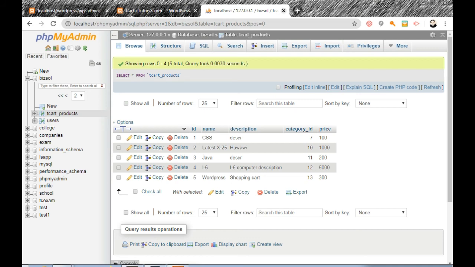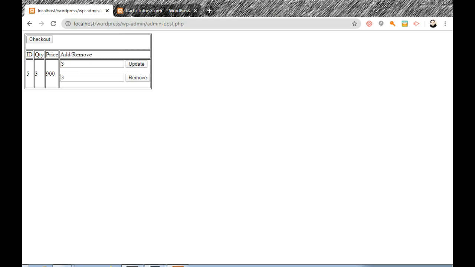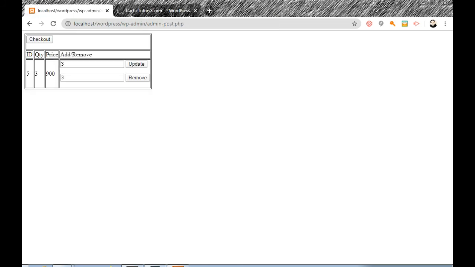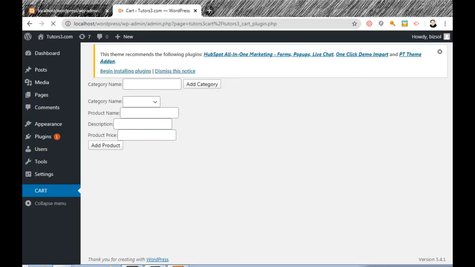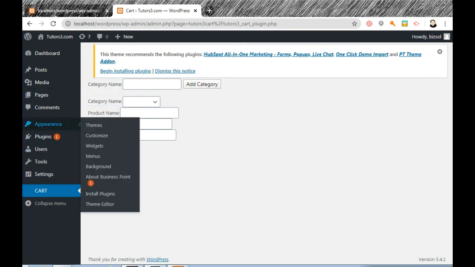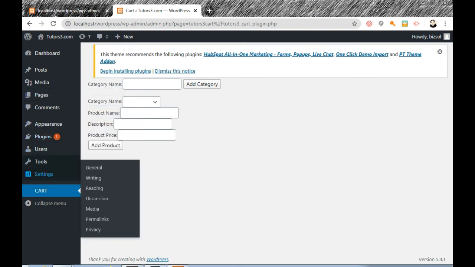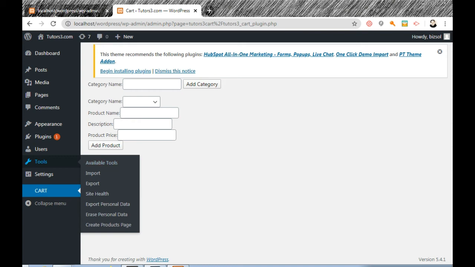The last thing is how we added the actual page. In the WP admin interface, if we go to admin, these are the pages.